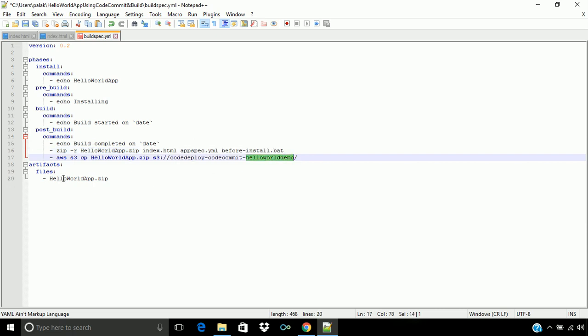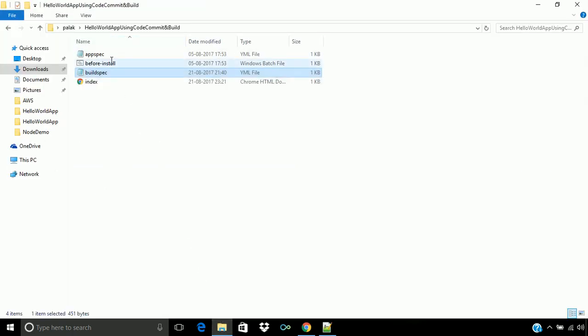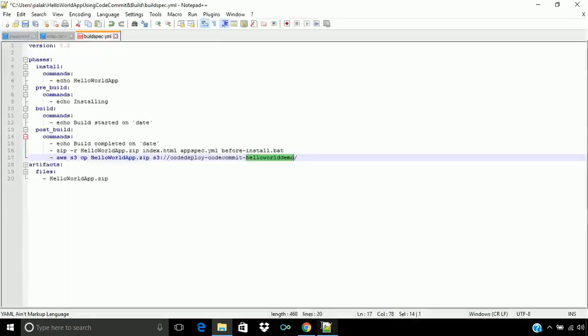So our build spec file is ready. In artifacts also we just require hello world app.zip. Other than that, the before install and appspec files are the same as we used in the earlier lab. I haven't modified anything. So let's create a new repository now and upload this code.